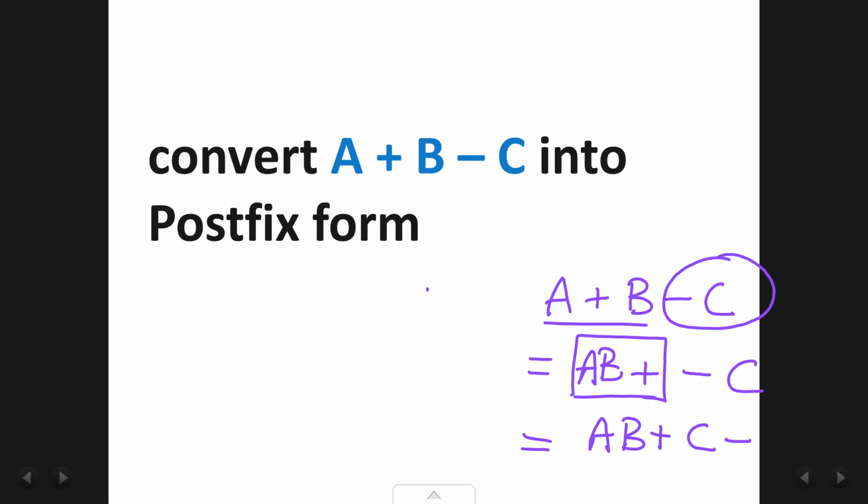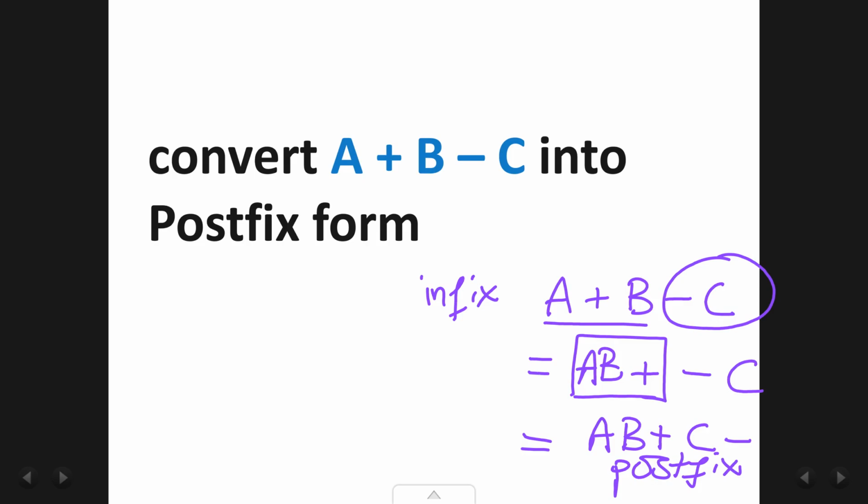So this is your infix expression, and this would have been your postfix expression. And this we have solved using our arithmetic that we have learned. The same expression we have to solve using stacks.